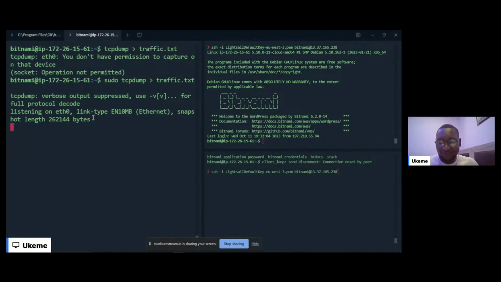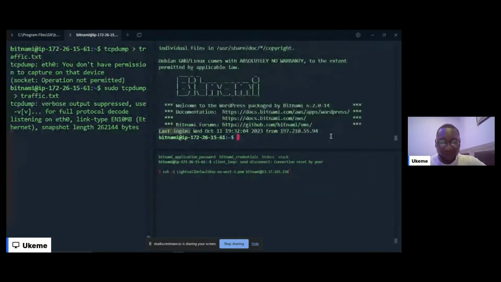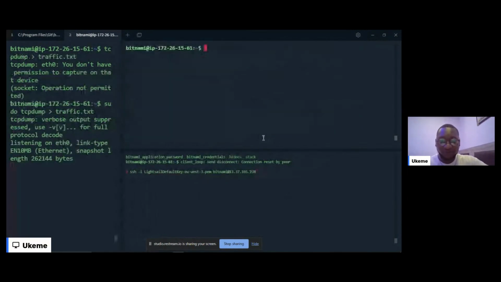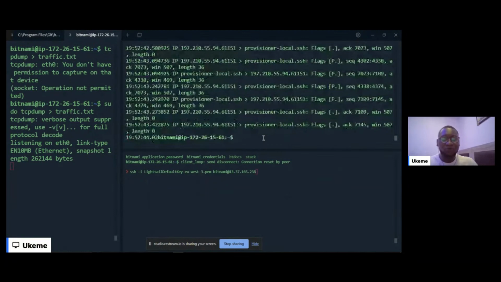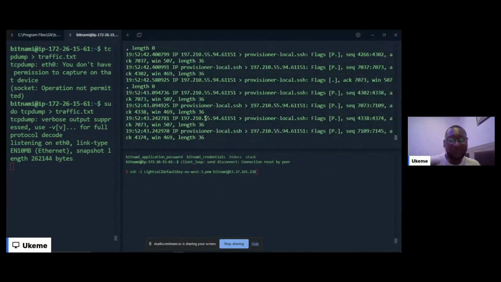The reason this is still like this on the left-hand side is because it's still adding data to that file, but I can now read it. Ls, so we have that file there. If I do cat traffic.txt, sorry, I spelled this wrong. Yeah, so you have all of that in a file and it keeps writing to that file. So that's the best way to actually save this data.